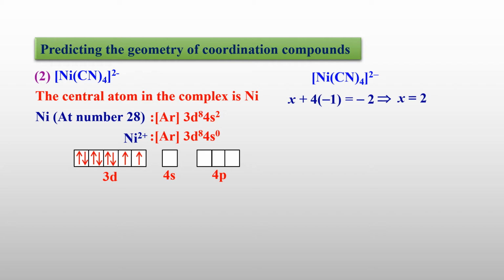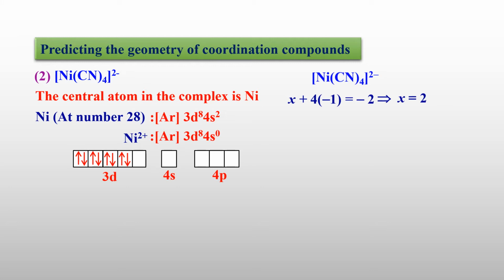Now see whether it is a strong field ligand or a weak field ligand. Again, CN is a strong field ligand, so electron pairing takes place. See, the electrons get paired. Now the empty orbitals start from d. One d orbital is empty, then the 1 s orbital is empty, and the 3 p orbitals are empty.